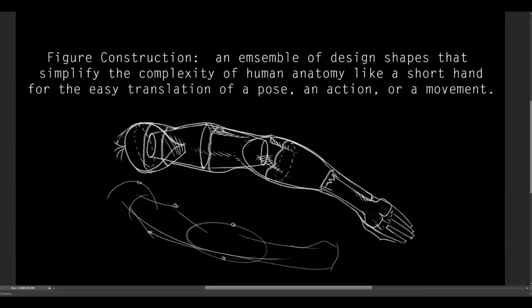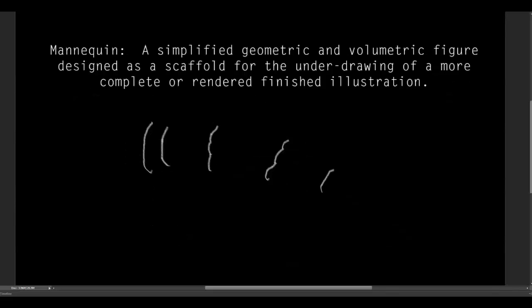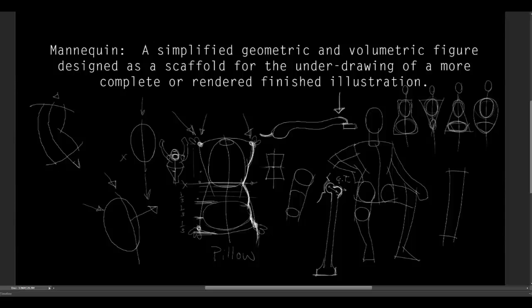Now, we have one more thing to look at here, and that is the mannequin. The mannequin is a simplified geometric and volumetric design tool, not a figure, designed as a scaffold for the underdrawing of a more complete or rendered finish, or to an illustration or to a study, or whatever you want to do, even if it's just a little doodle. And the mannequin is a space container for all the information we're going to put in. To look at one, here are some of the basic shapes in the mannequin,